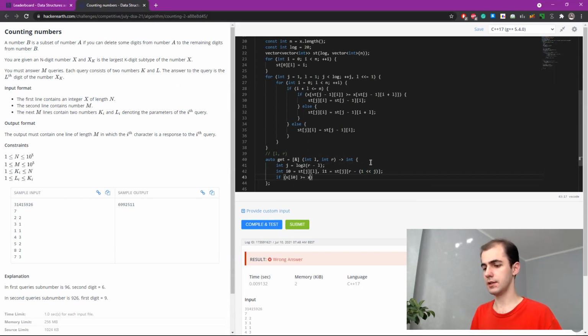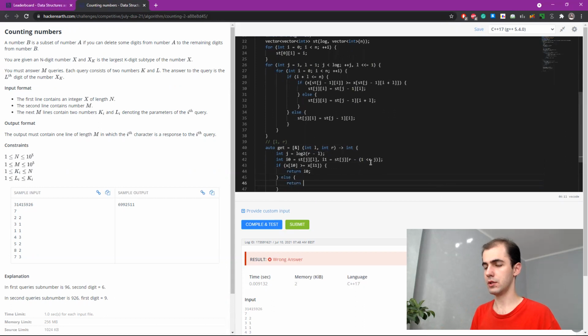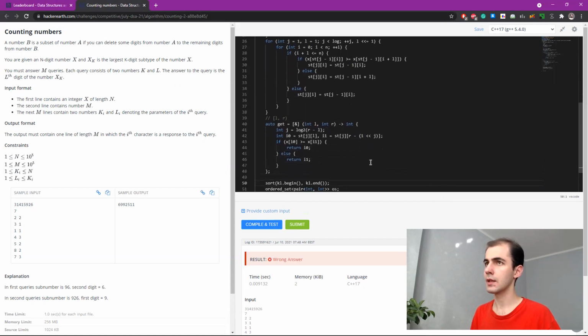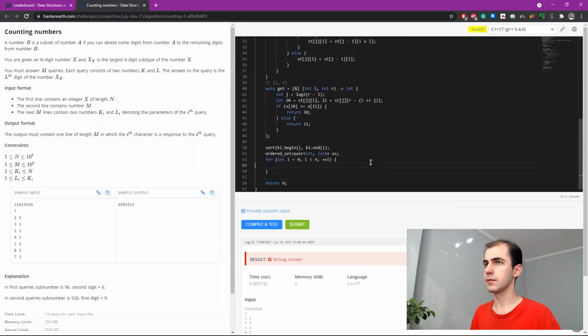So now, if xi0 is greater than or equal to xi1, we return i0, else we return i1. Sounds reasonable.